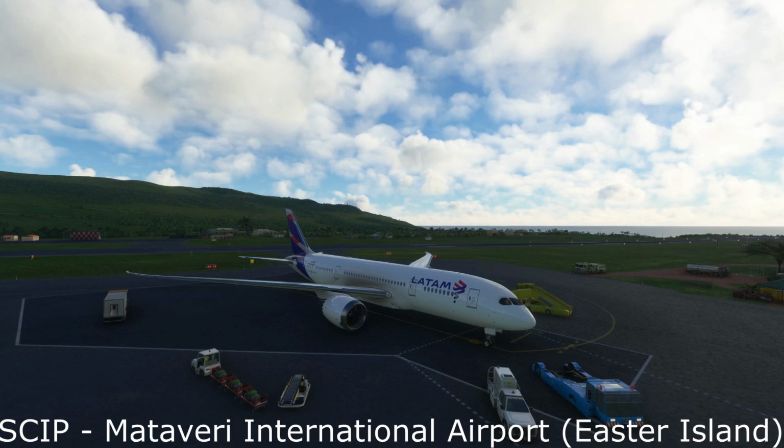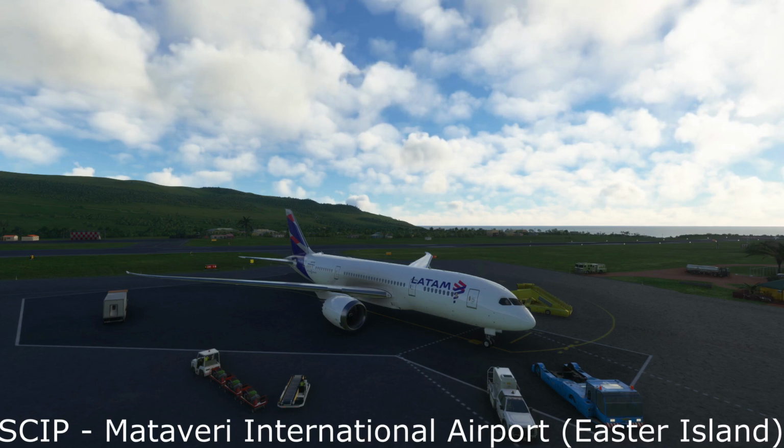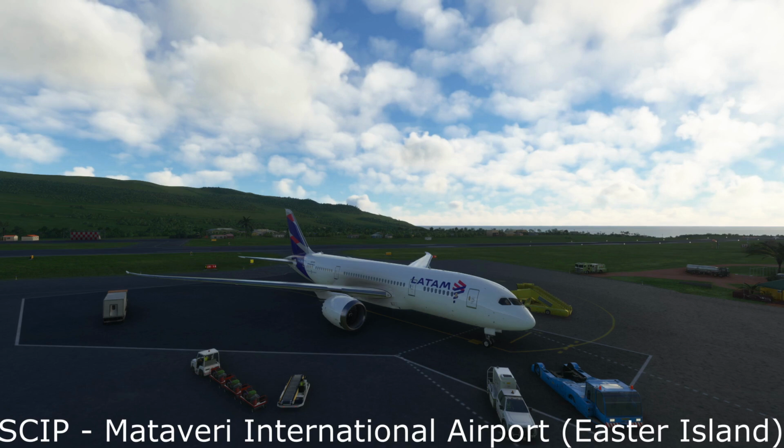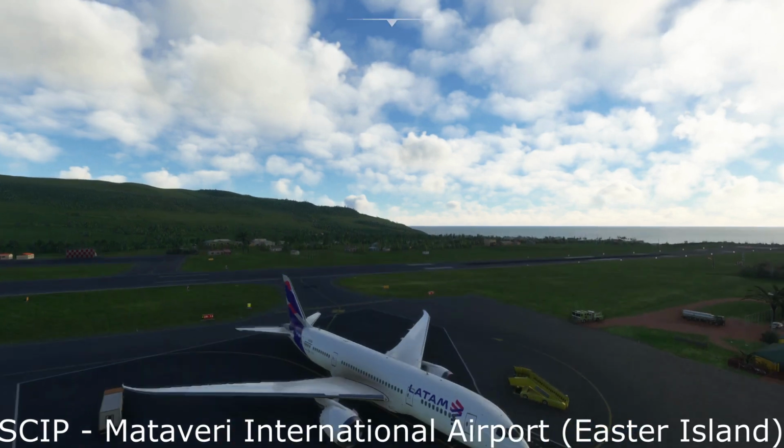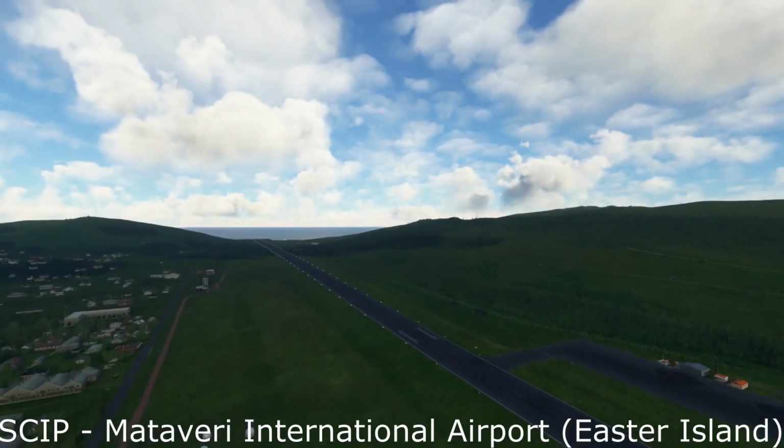Alright, here we are at airport number 4. And we are in Chile, or I should say off the coast of Chile on Easter Island. For the airports there, the ICAO code here at Mataveri International on Easter Island is SCIP. It is a single runway airport with runway 10/28, a bituminous runway that is 10,842 feet long. You can see it spans like the entire island,